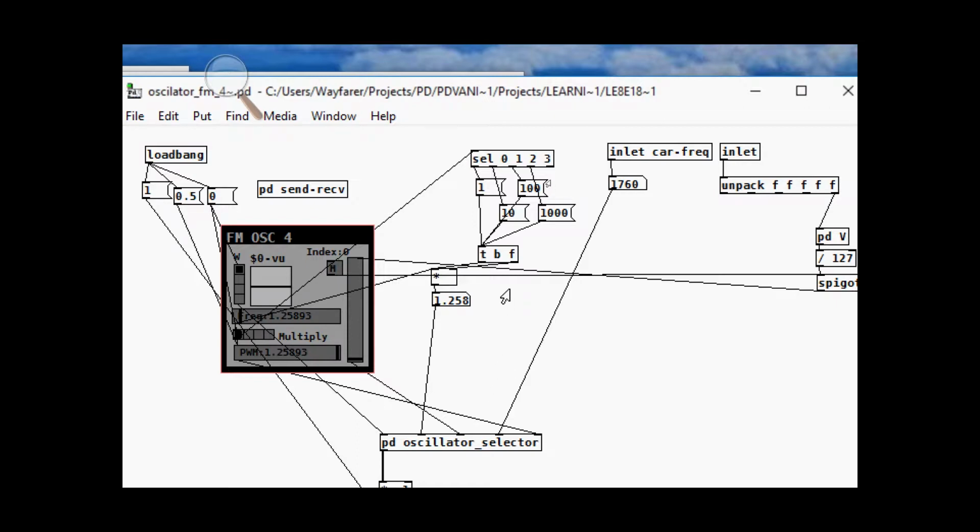Frequency slider and multiplier work in tandem through this stuff here, where basically the frequency comes in. Well, actually, this is the multiplier here. It's a radio button object, which basically, as you select the 4 different spaces here, it's 0, 1, 2, 3. And up here is the select for that, 0, 1, 2, 3. Depending on which box is selected, it will bang out a 1, 10, 100, or 1,000 here. And that gets multiplied by the frequency slider right here, getting a result, allowing us to have a wide range